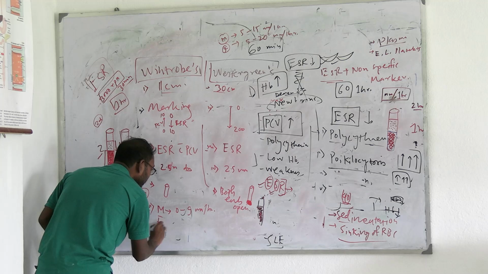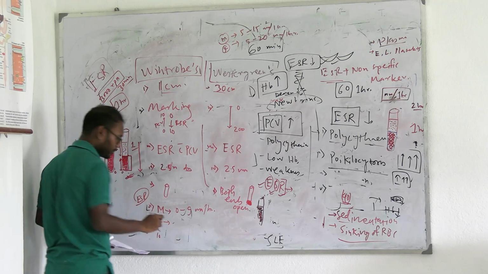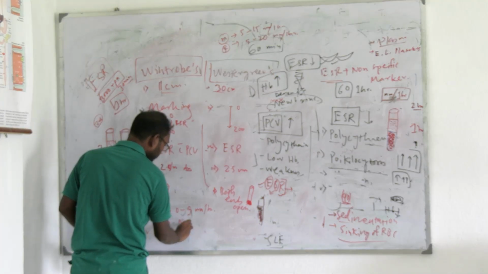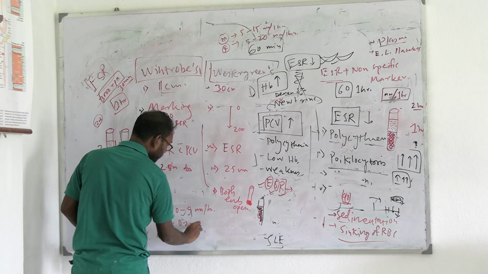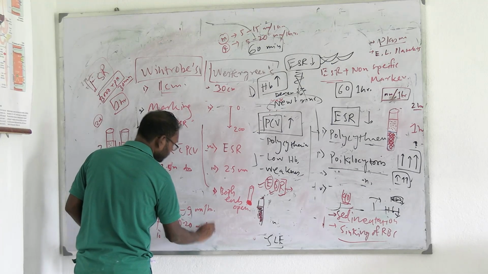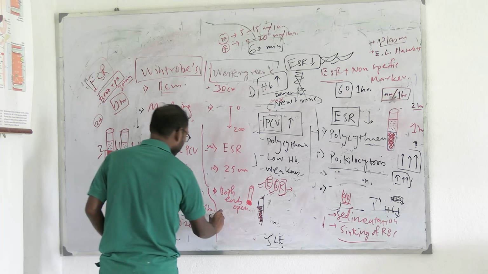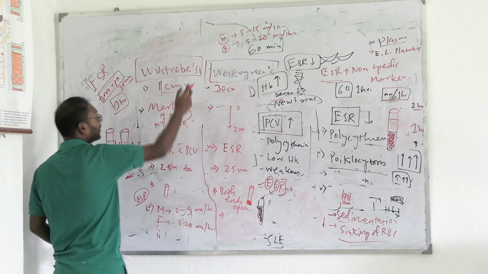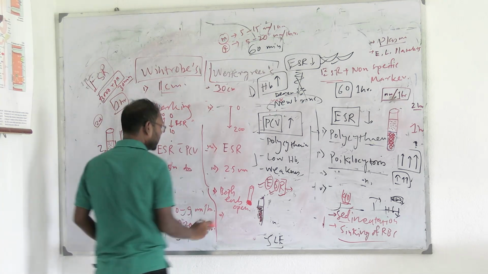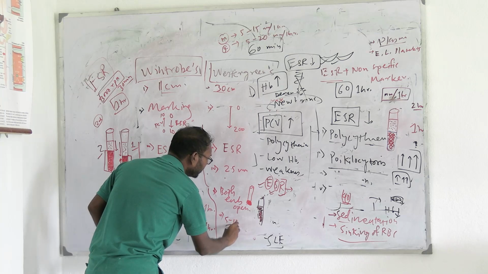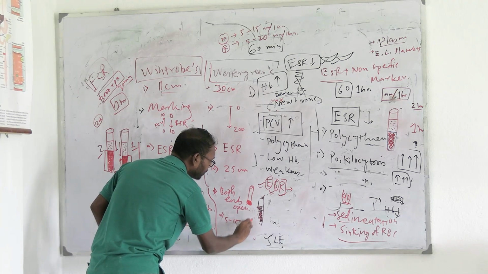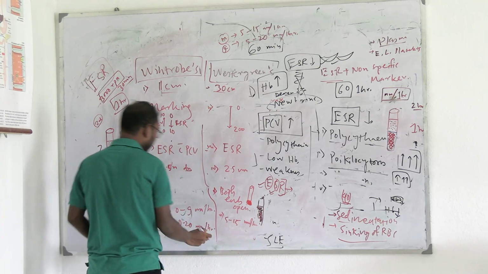In case of females, it will be 0 to 20. In this case, the difference will be, the measurement is এখানে যেটা লেখা আছে, in case of male 5 to 15 millimeter per hour,